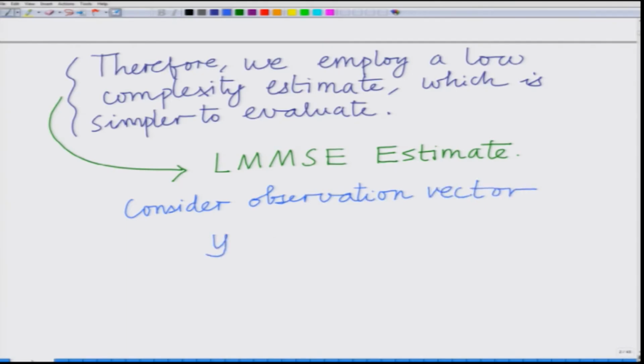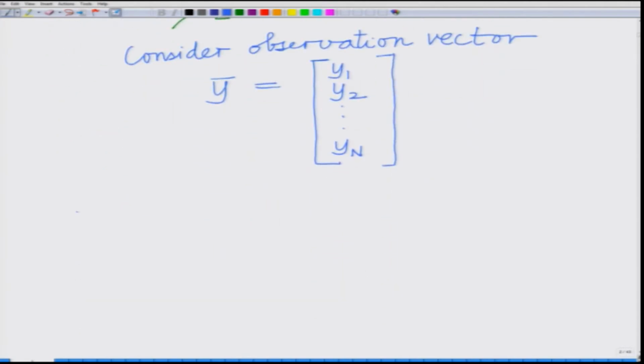Consider the observation vector y bar, which is given by, again similar to previous, the observation vector y bar comprised of n observations y1, y2 up to yn. However, now we will form the estimate H hat by linearly combining these observations as C bar transpose y bar,